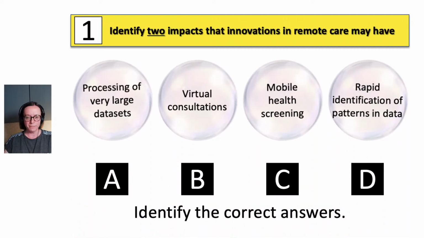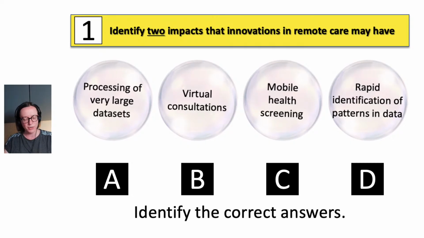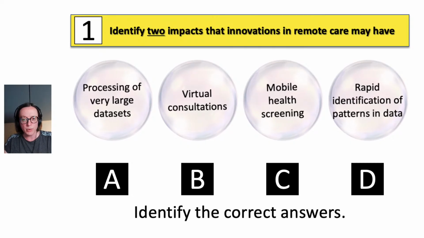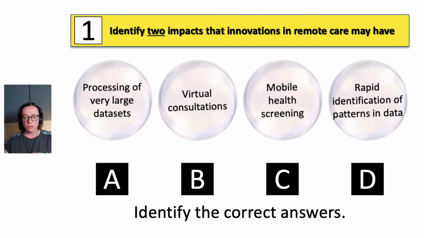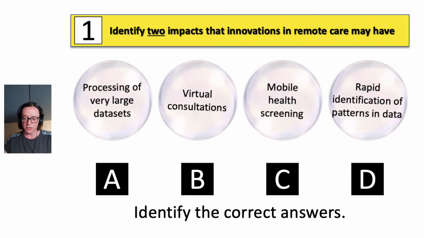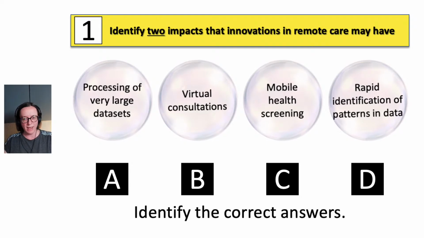Okay, so in this one, I am saying identify 2. So there's 2 correct answers on the screen. Identify 2 impacts that innovations in remote care may have. So if we introduced remote care, what impact could that have? So to do this, you need to know what is remote care, and then you need to know which impacts